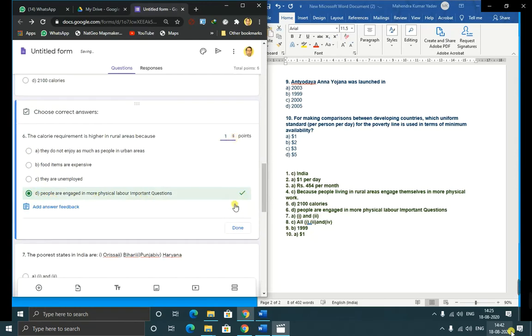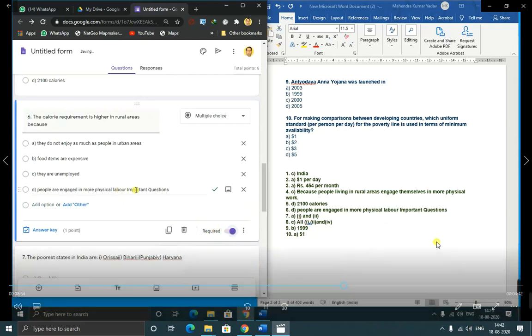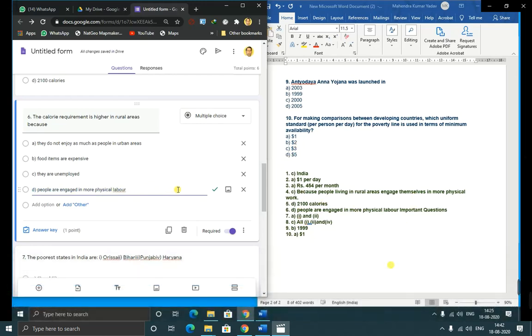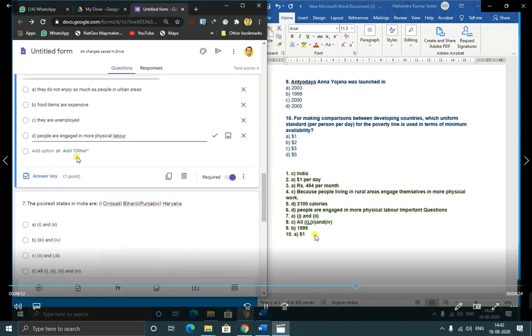Points should not be forgotten. As in different questions, you will give points, those points will be visible here. The total points.